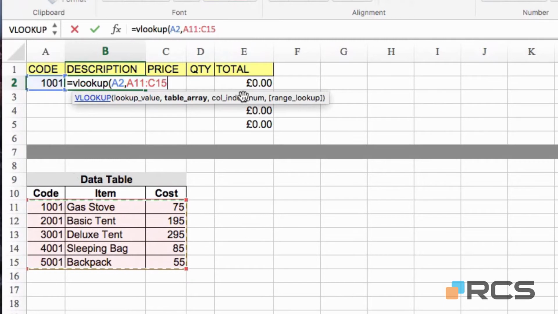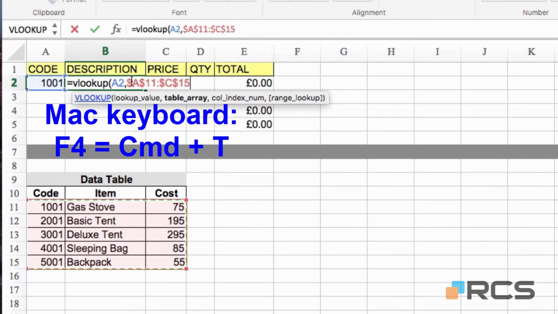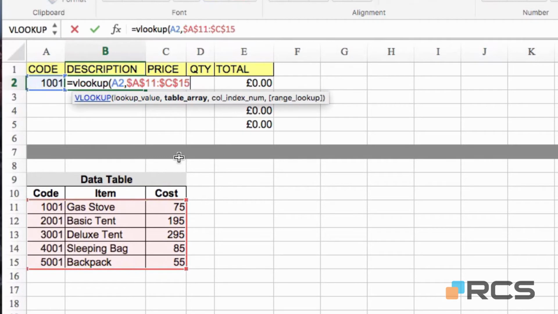So once that's selected, I'm also going to set that as an absolute reference, so I can press the F4 key. In my case, that applies those dollar symbols to fix that table reference. So I'll type a comma again, and next I need the column index number. And the column index number is simply the number of the column that contains the information I want to retrieve. In this case it's the item column, so that's column number 2, and so I type the number 2,